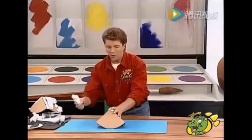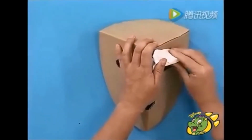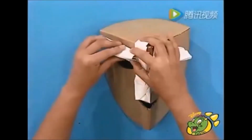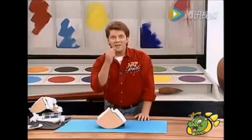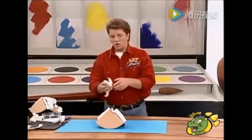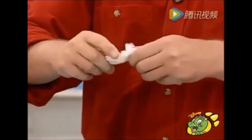And then pop on 2 eyebrows, roughly in the position that you think an eyebrow should go, just above the eye like that. And 1 there like that. And then do the tinier features like around the eyes and around the mouth using some twisted up tissue paper or loo paper. I'm just twisting it there into shape,